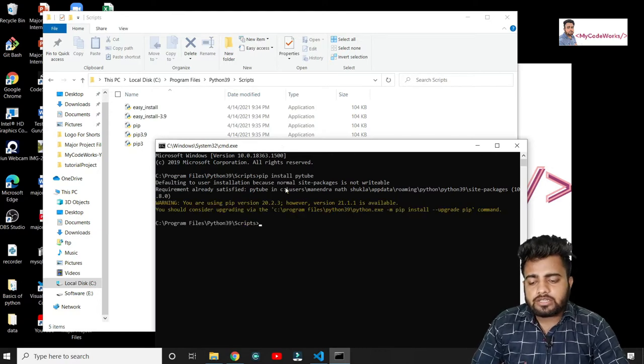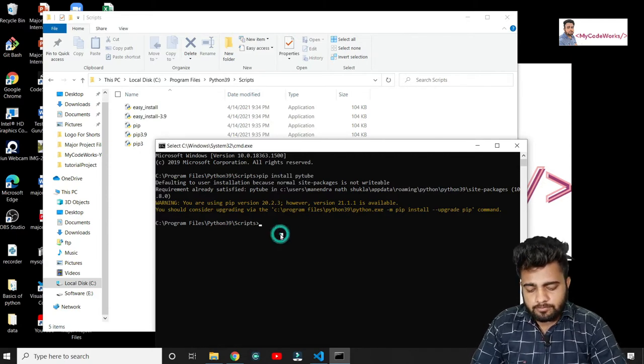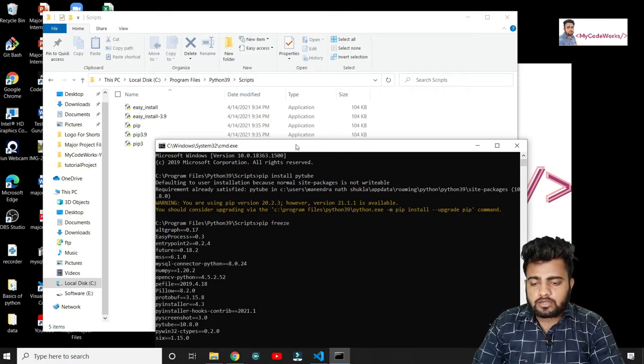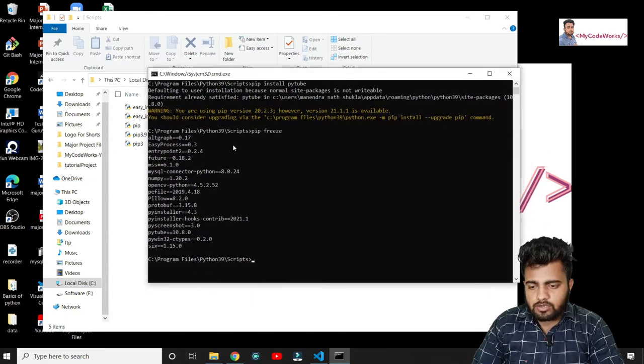I have already installed PyTube and PyInstaller in my system. Let me check what I have already installed. Pip freeze shows what libraries I have installed. You can see PyTube is there and PyInstaller is there.